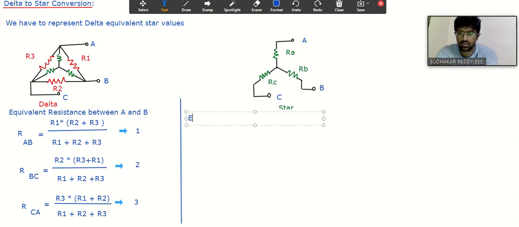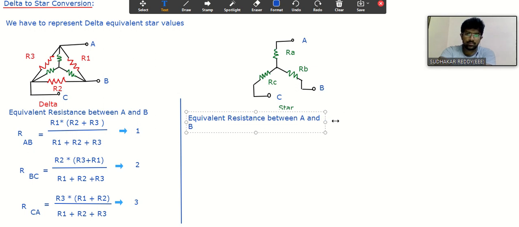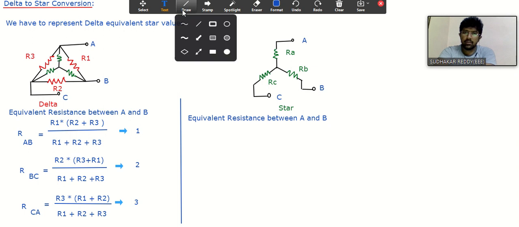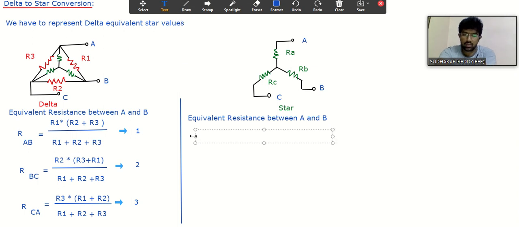I will write clearly: equivalent resistance between A and B. Here also A and B only, right? So between A and B, here also between A and B. Now I am writing the equivalent resistance for the star connection, that is RAB. Yes, can anyone tell me the equivalent resistance? So RAB equals to,